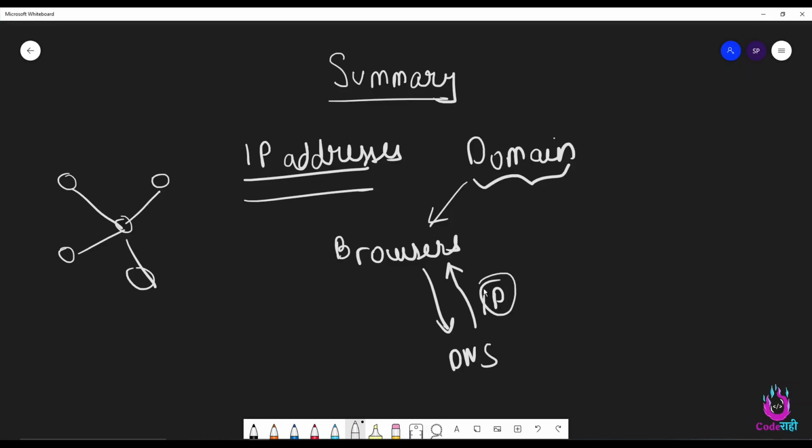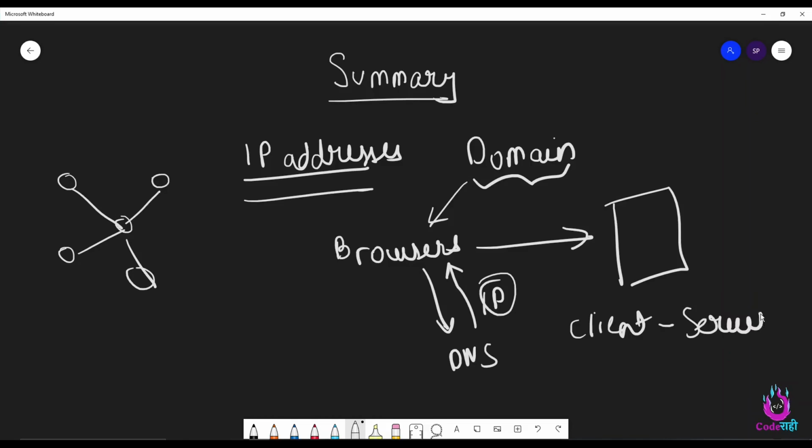Once the browser knows the IP address of that domain, it will send the request to the appropriate data center having this IP address. And once the request is sent, it will follow the basic client server architecture. You send a request, server will send back a response.